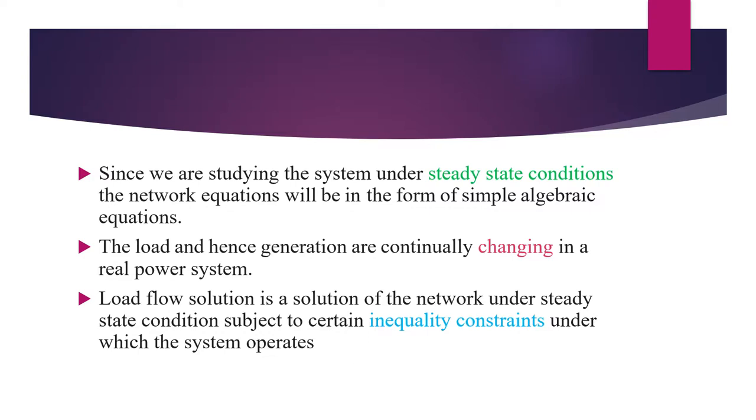Then we have seen the classification of buses. In a power system, each bus or node is associated with 4 quantities: real and reactive power, bus voltage magnitude and its phase angle. So 2 out of the 4 quantities will be specified, and the remaining 2 we have to obtain through the solution of the equations. Depending upon which quantities are specified, the buses are classified into types: load bus, generator bus and slack bus.